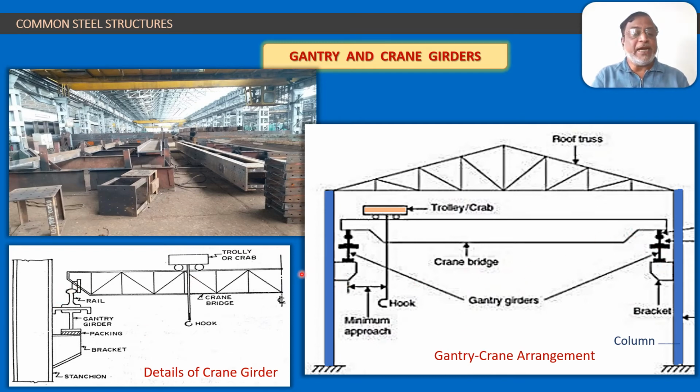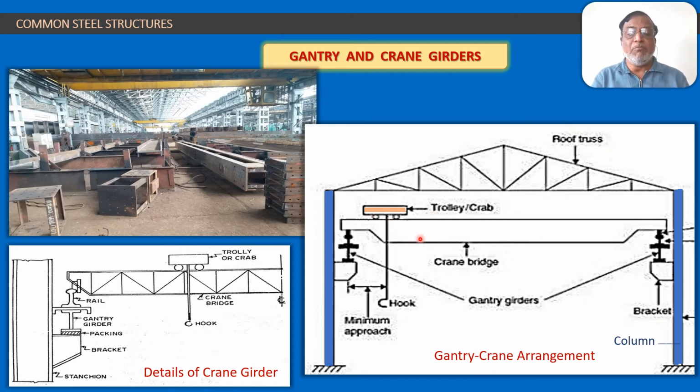So this gantry girder will continue like this. In this diagram you can see it will continue throughout the length of the shop floor on both the sides, and that gantry girder will be supported on columns and column blocks. So now you can understand how this crane and gantry girder system will work. You have lifted this particular heavy weight here by using the crane. You have locked that crane on the crane girder, so that when you are moving the crane girder, this crane will not slide in between.